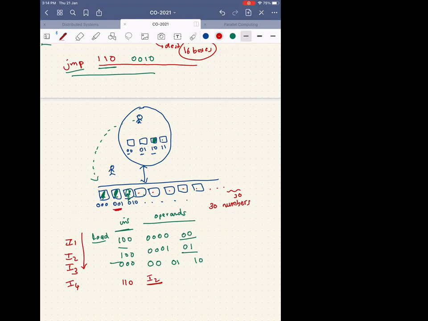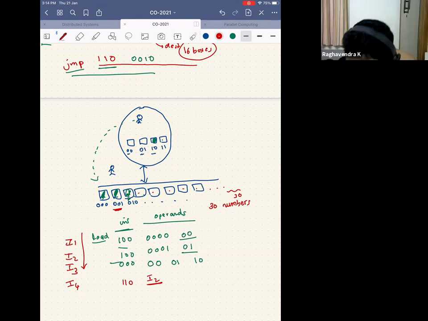Let's say, what will be the new index, or maybe we can add I4, as in we increment the address. You can add one in it so that it increments. Okay.